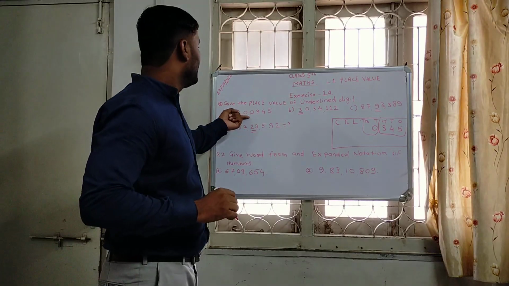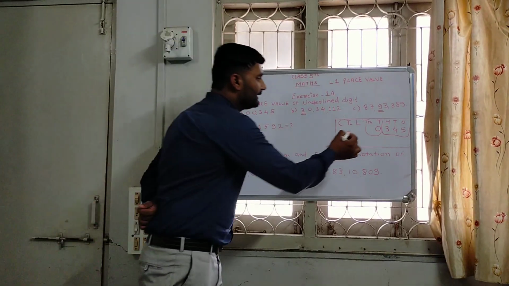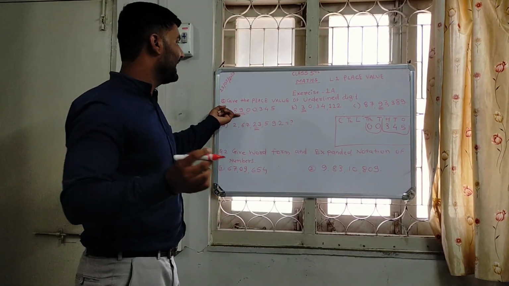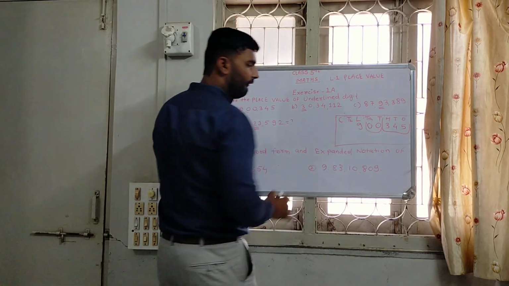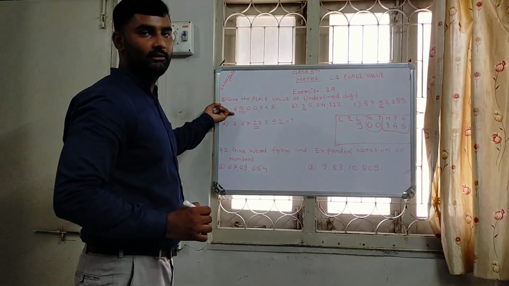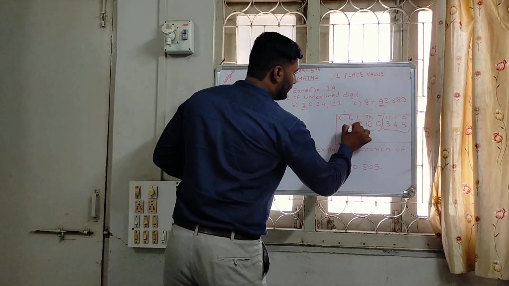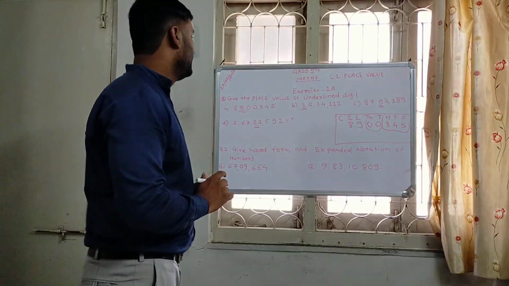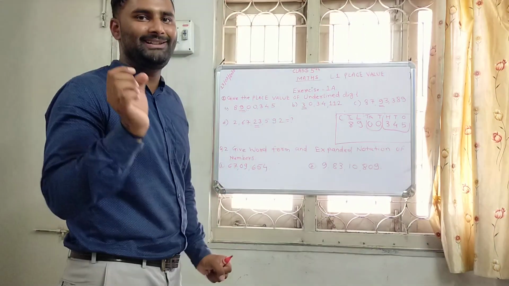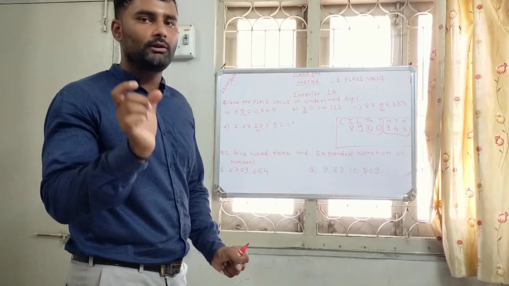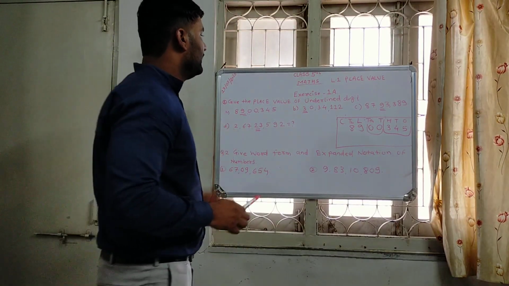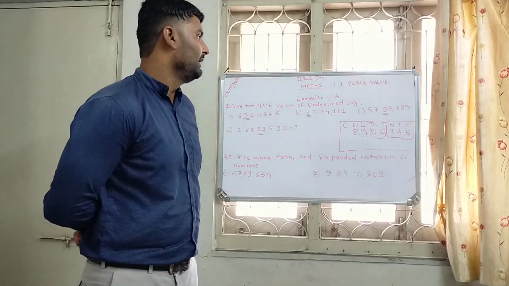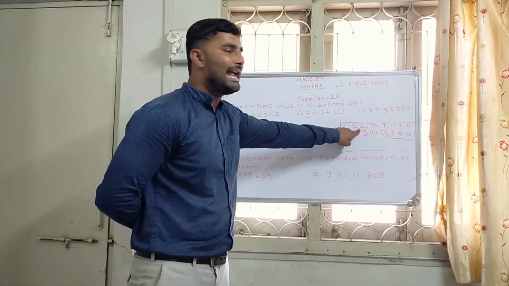Continuing our question, another 0 is there, so I put 0 here. After that our underlined number is 9, so I put it in the column of lakh, and after that the number is 8. This place is vacant, so no need to write any number there. So what was our question? Please tell the place value of the underlined digit. The underlined digit was 9. So tell me, what is the place value of 9 in the chart? Exactly, the 9 is in the lakh.